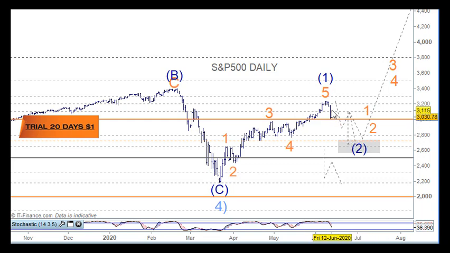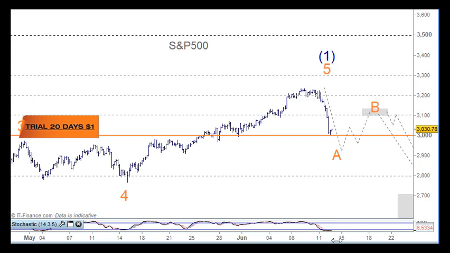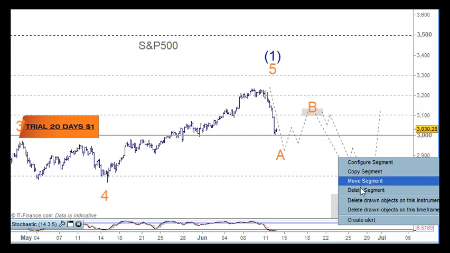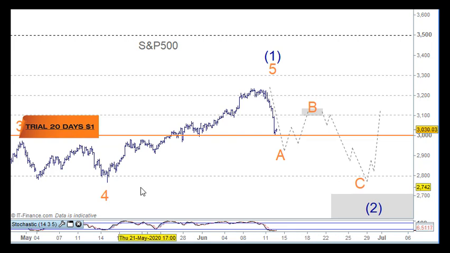But to confirm this, we need to look for 5 waves down here first. So on the S&P, and this will be the same with the DAX as well here, what we're looking for here is an A wave, a B wave and a C wave here. If we get 5 waves here, which is highly likely, then we're going to get 3 here back to the 50-60% retracement level or thereabouts. We'll track that. It will be in 3 waves, and then we'll get 5 waves coming down through here for wave C, taking us, well, we've got good support over at wave 4 here, so that might play out.